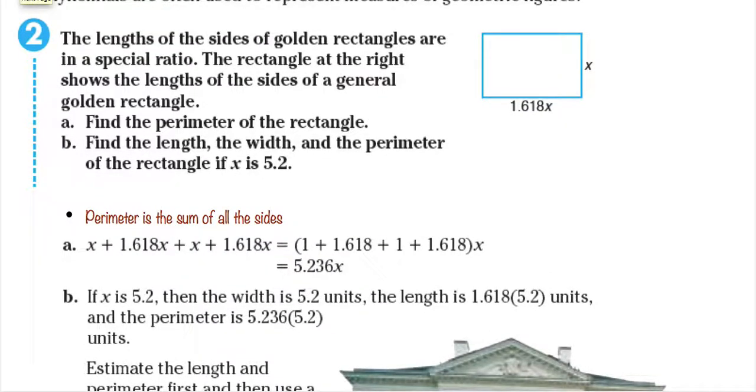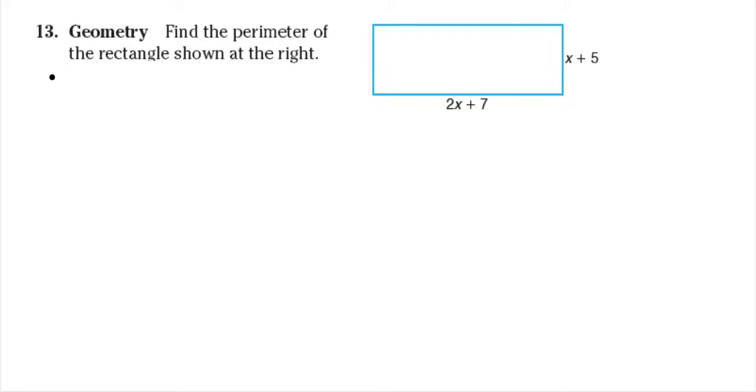And let's see how we solve this in this last example. In this last example, we're being asked to find the perimeter of the rectangle shown at the right. Oops. I just showed you the answer, 6x plus 24 units. Why is it 6x plus 24 units? Let's find out. If I have that rectangle, 2x plus 7,